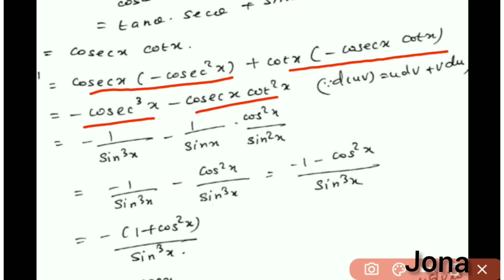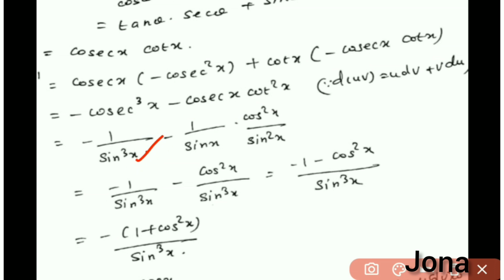square x. And then this cosecant cube can be written as minus 1 by sin cube x, minus this cosecant can be written as 1 by sin x, cot square can be written as cos square by sin square x. And then here I can simplify once again, taking the LCM. So like this minus 1 by sin cube x as it is here, and I can multiply these two things as the multiplication as sin cube x here. At the numerator simply cos square x.